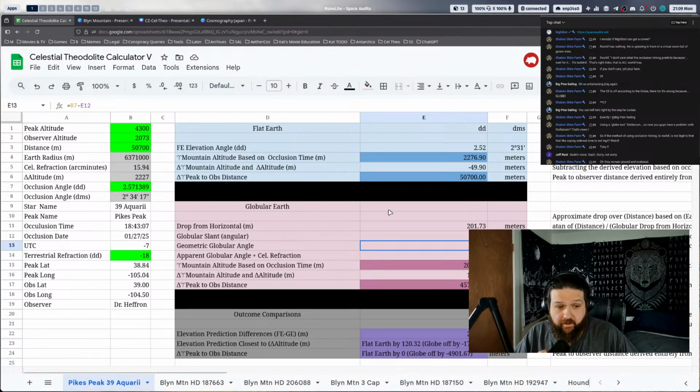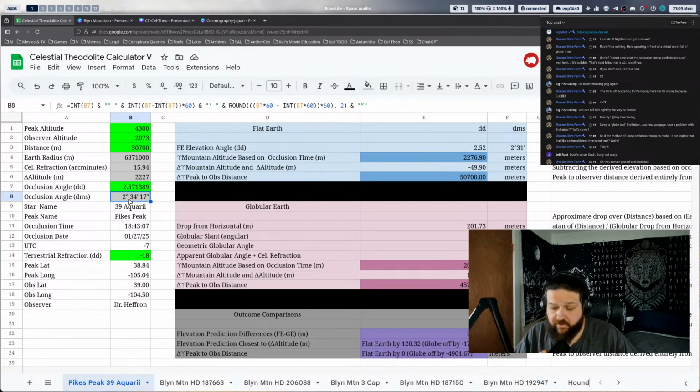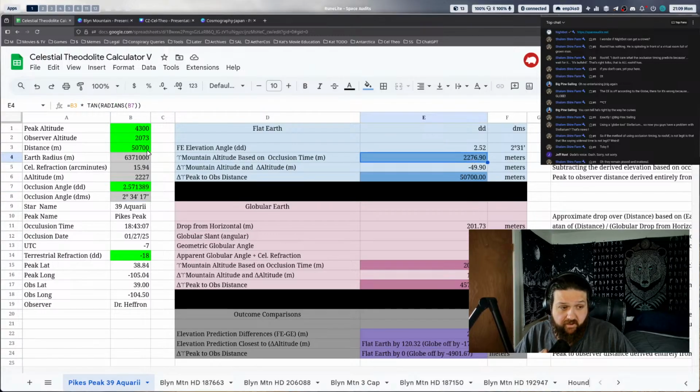We're at 39 Aquarii. The elevation that we derived based off of the occlusion timing, the time that the star was no longer visible, and we referenced the true position in Stellarium where it was at. When we derive the elevation based off of the tangent, which is the distance in that occlusion timing, we get this for what the elevation would have had to have been in meters. And when we subtract that from the known elevation, because the angle was higher, it comes out to be negative 45. When we do the same thing for what the globe predicts using 219, remember how we had to use 219 because 219 is the number, not 220, not 217, but 219, because you have to account for refraction, whatever.